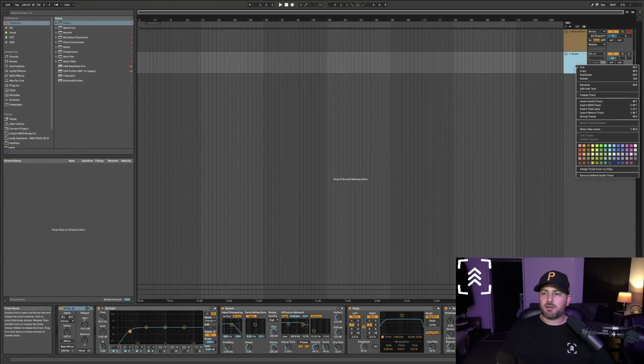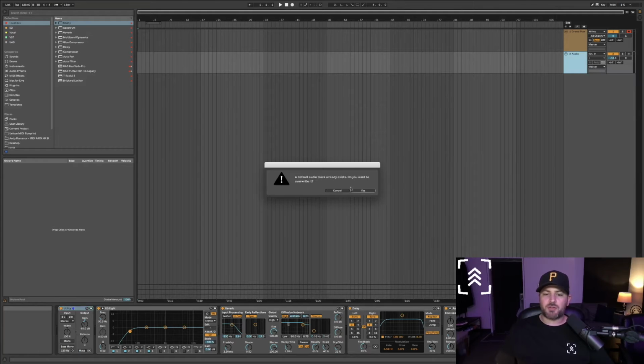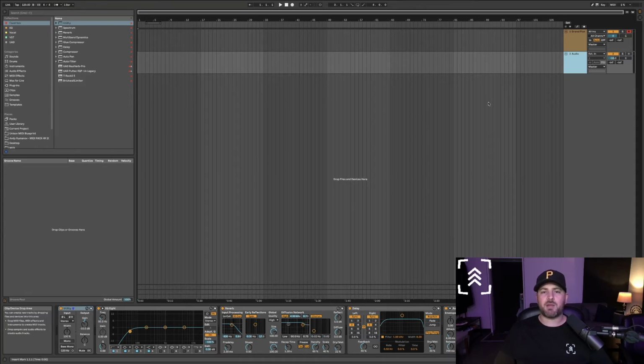Perfect. Now I'm going to right click, save as default audio track, click yes, and there we go. So now every time I add a MIDI track or an audio track, this is exactly what's going to show up. Okay, so now that I have my MIDI and my audio channels default set, I can take this even